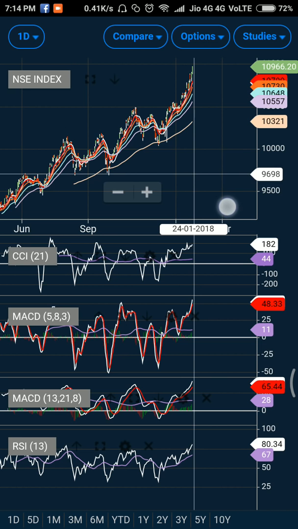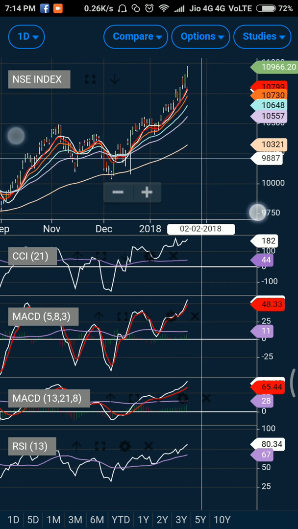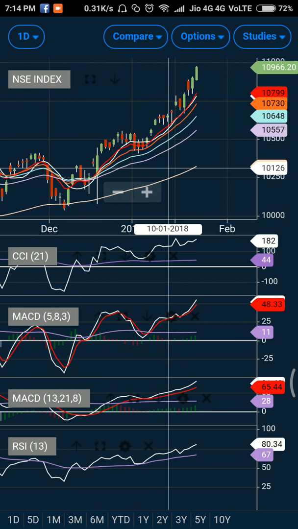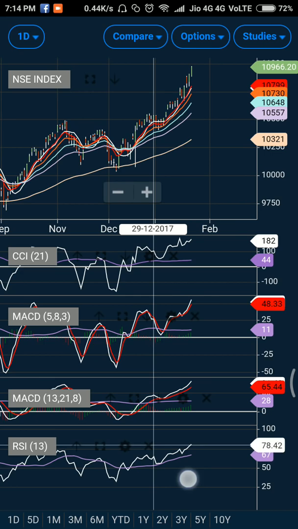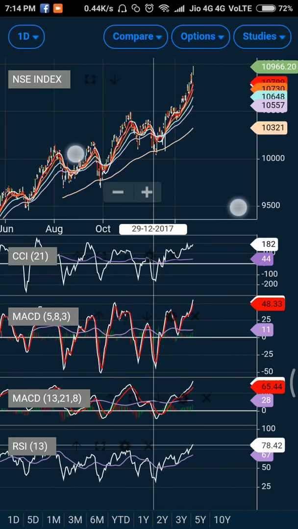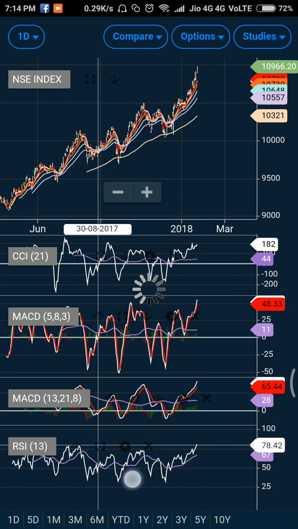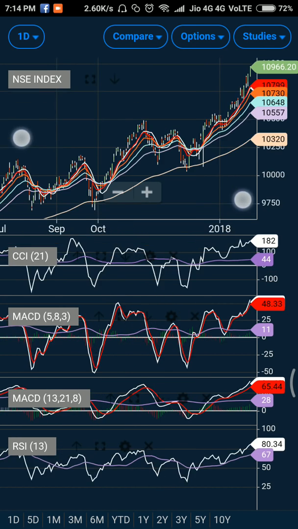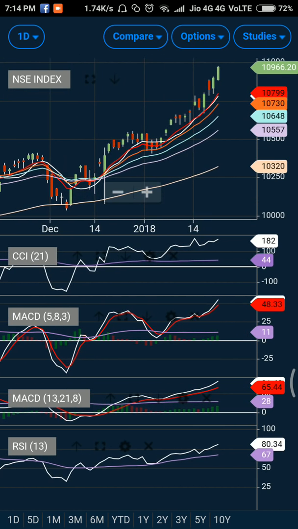So clearly the market is breaking out from the previous resistance, but the market needs to take a pause. You can see some muted days in the upcoming trading sessions, but when exactly this will happen, we are not sure. Now if you see, the RSI has also broken above its exponential average. As you can see, this is a resistance level, and the market has slightly broken out from its exponential zone. So clearly the market has a bullish tone and is most likely to go higher till 11,000, as far as my knowledge goes.